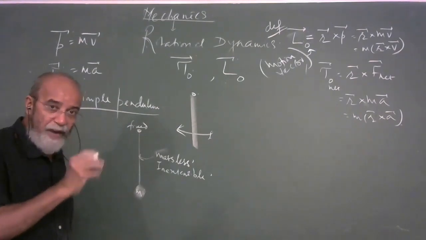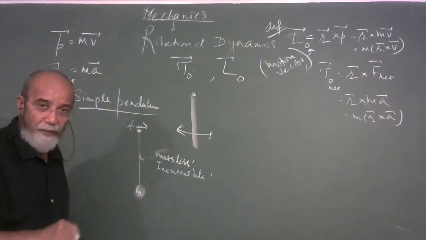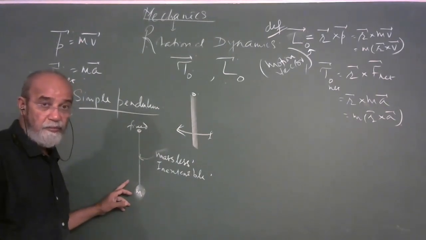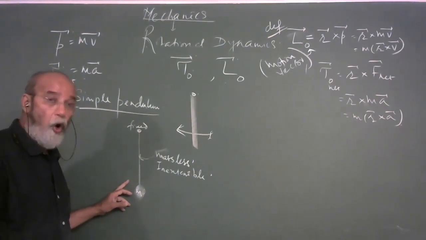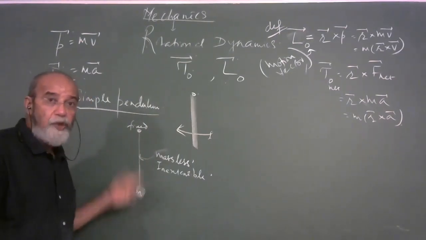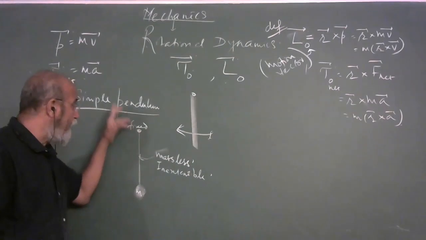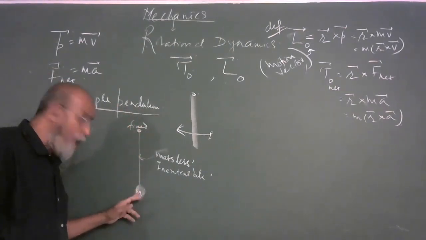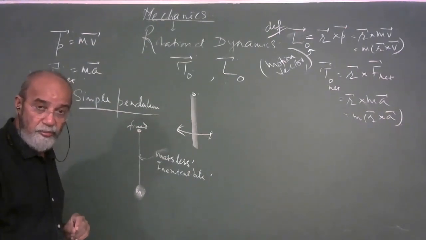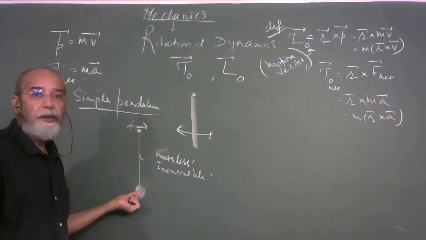Because any string you buy from the market or a shop is going to have a mass. Also, the bob is going to have a dimension, whereas in a simple pendulum, the bob doesn't have a dimension. It is just a point